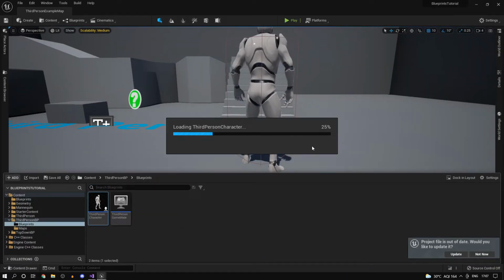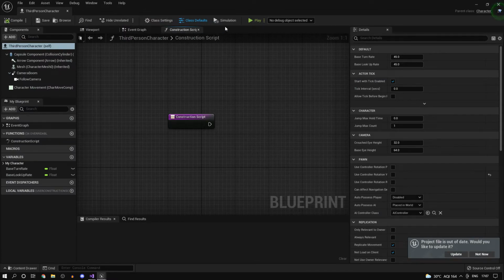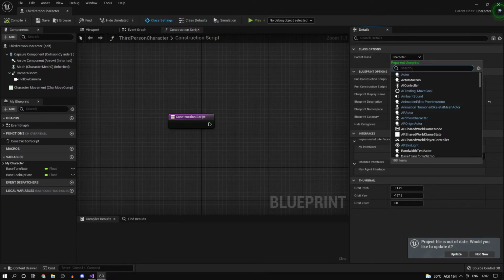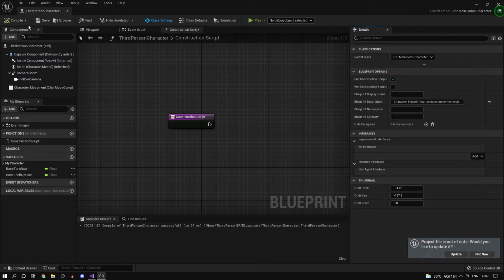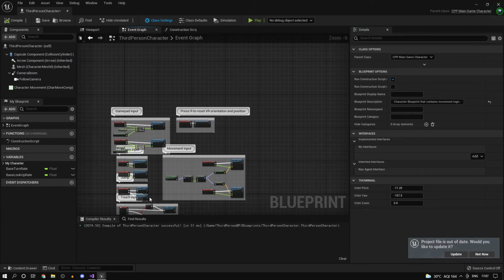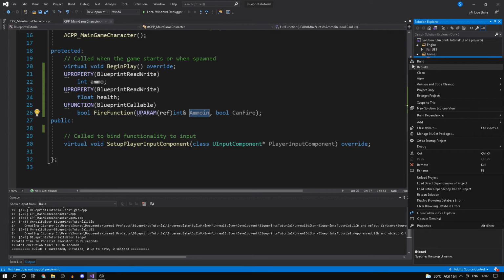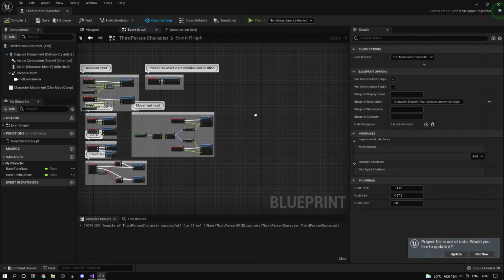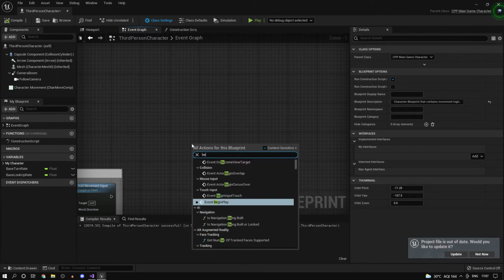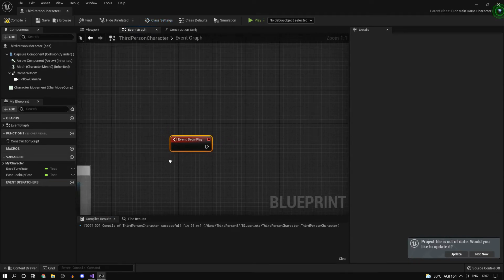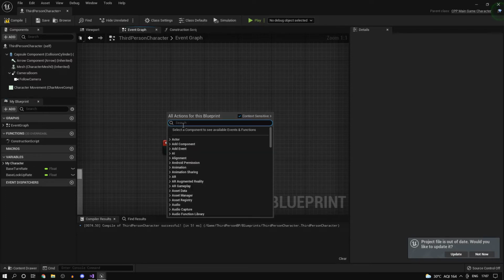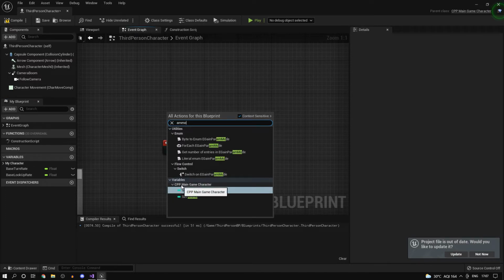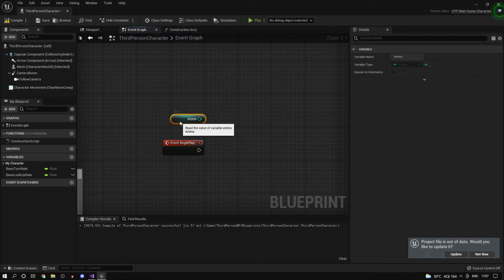And now inside our third person character, if we go into our class settings and change this, and type in CPP_MainGameCharacter, make sure you guys do restart the project. If you do that, this will be happy to compile. So I have built this, so right click and build. So it did compile. Now just to test it out, let's type in on begin play, and before we do that, let's see if we can actually get our variable. One thing that you'll see is you don't find it over here. You could just type in ammo and you would see under CPP_MainGameCharacter you find ammo.